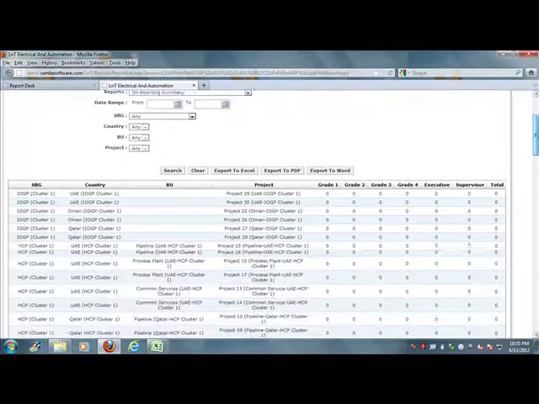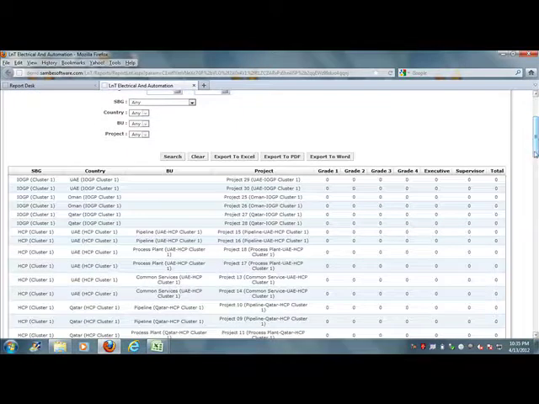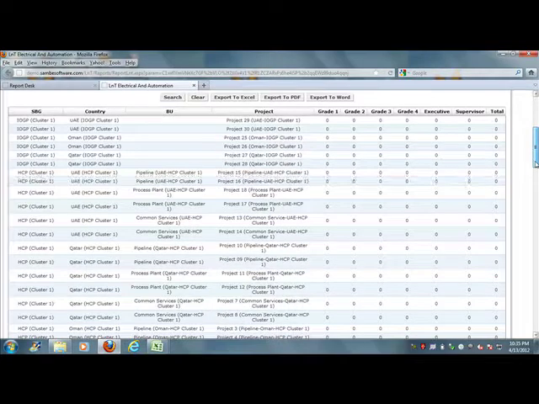The onboarding summary report will help you to see the onboarding process of candidates according to grade level. You can see under a particular SBG, country, BU and project, under grade 1, the count of candidates who have been selected.